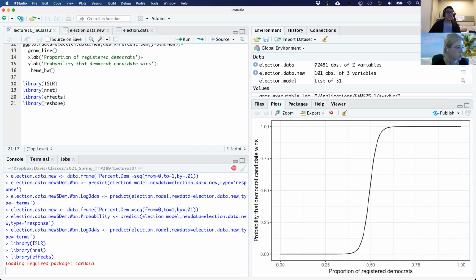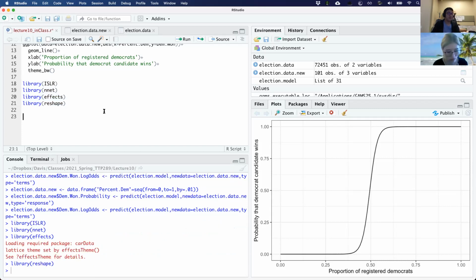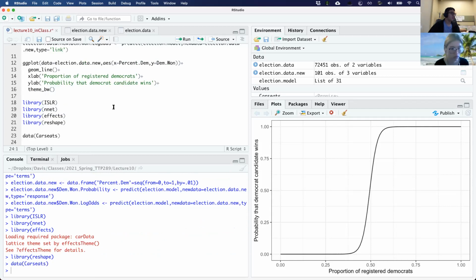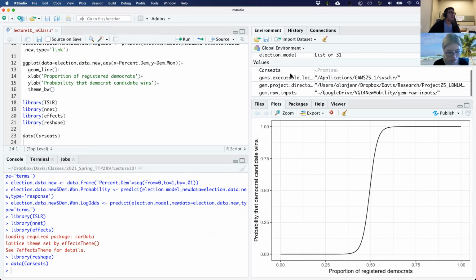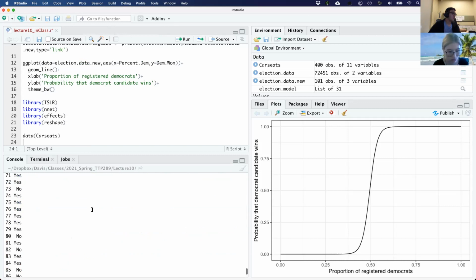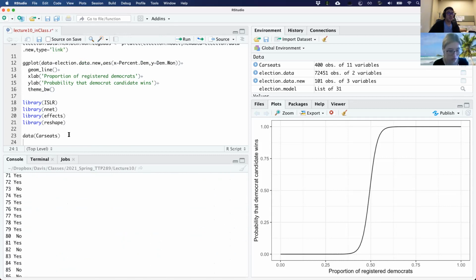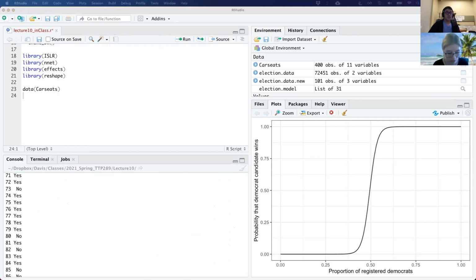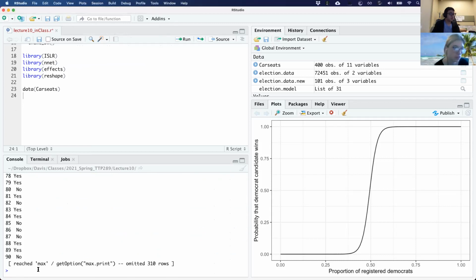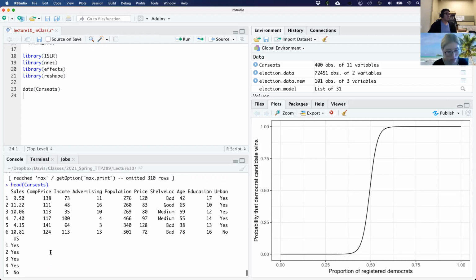We're going to look at a data set called Carseats.